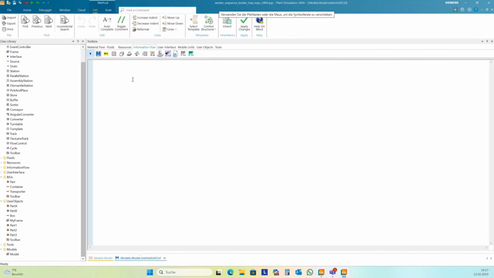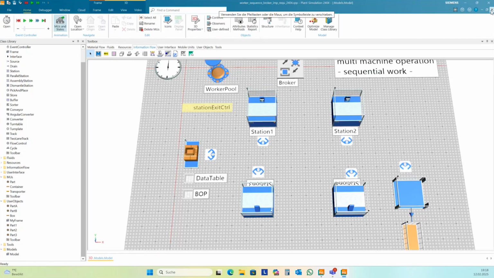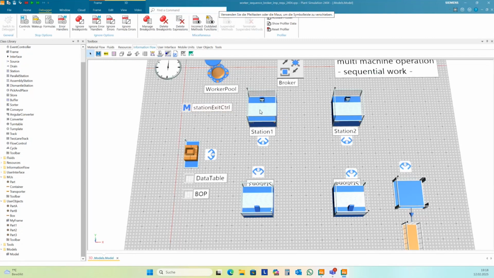And here we need to increase our user-defined attribute. And we need to call add move, and add move will call the worker if we need one, and this will activate the broker to mediate the worker. And this is the exit control of all stations. And so I just drag it onto the stations here.